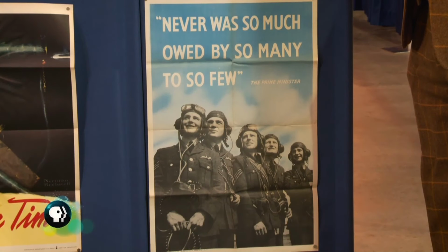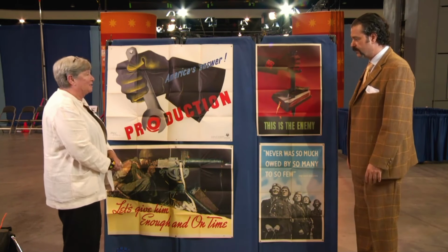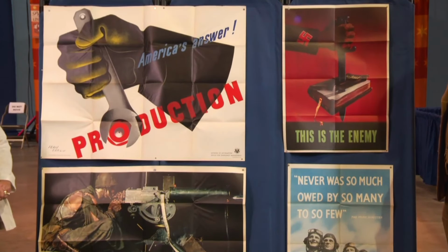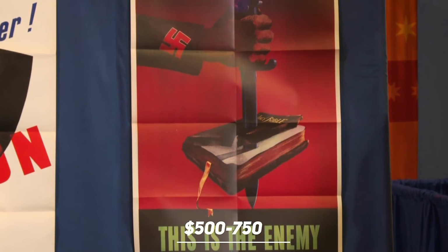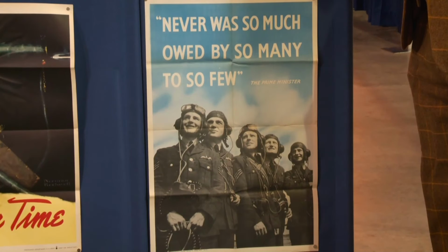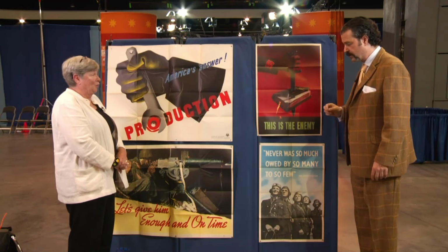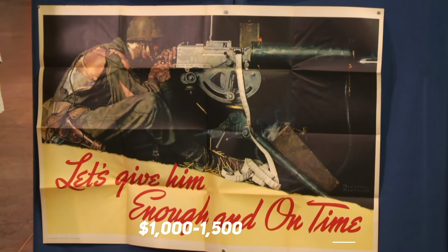The British poster references Winston Churchill's famous speech about the Royal Air Force during the Battle of Britain. At auction, these war posters, each with its own significance and story, would individually fetch between $500 and $750. Golly. The British one, on its own, between $1,500 and $2,000. The Norman Rockwell, $1,000 to